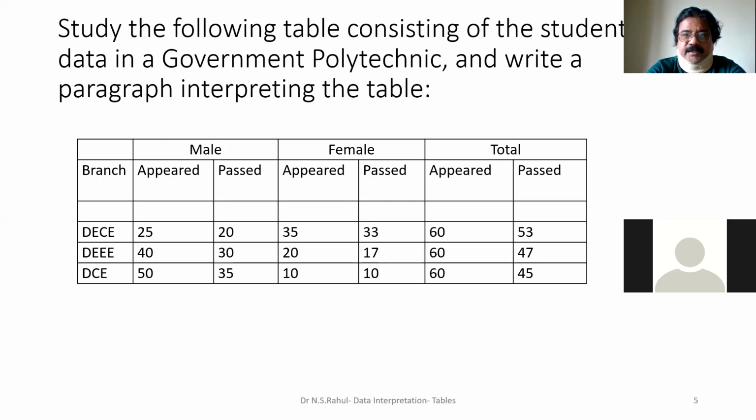That is another point. And one more point regarding admissions. Who is taking admission in which branch? In the DCE branch, female students have taken more admissions, and in DEEE and DEC, male students have more admissions, sir.